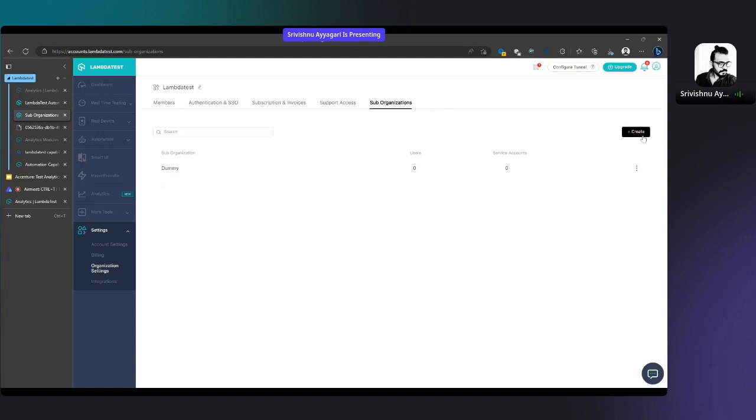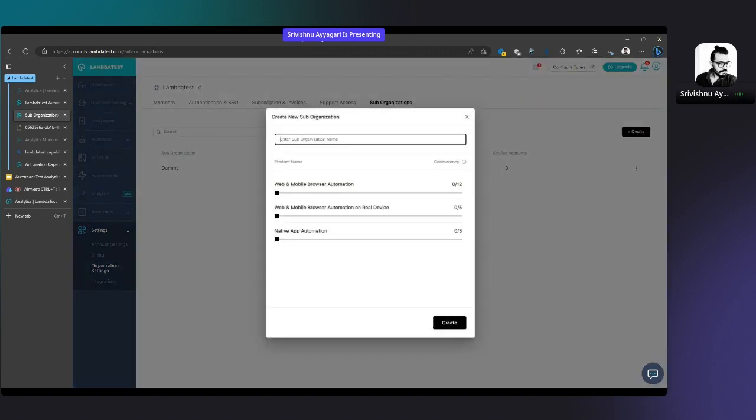So for creating a sub-organization, you just have to come to this section, click on this button, and give an organization name. So this could be something like Accenture COPG,